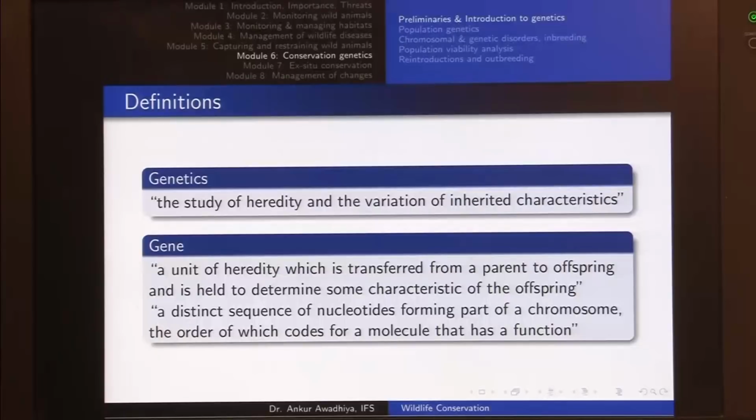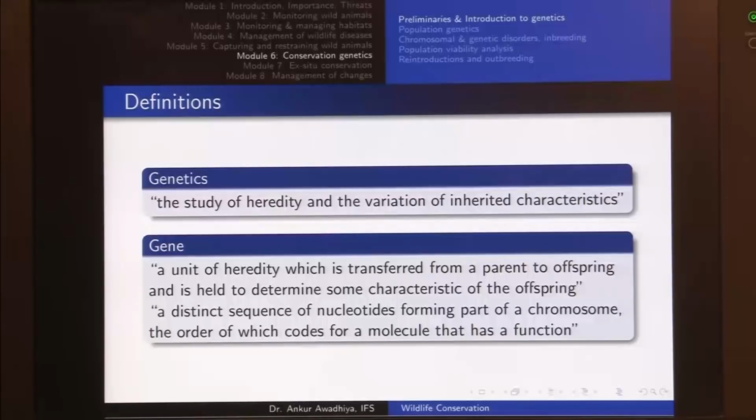So basically every one of us has inherited certain characteristics, but all of us are different. All of us have different heights, different colors of skin, different colors of eyes, different colors of hair, whether the hair is straight or whether it is curled. And when we look at their cross sections, whether they have a flat cross section, a rounded cross section, or an oval cross section. So all of these are different inherited characteristics that vary between different individuals in the same population. So genetics is the study of heredity and the variation of inherited characteristics.